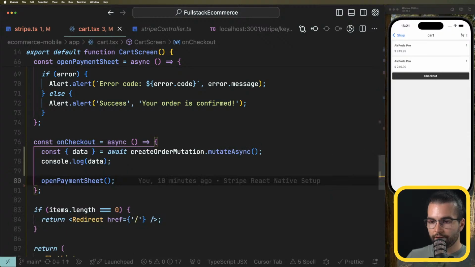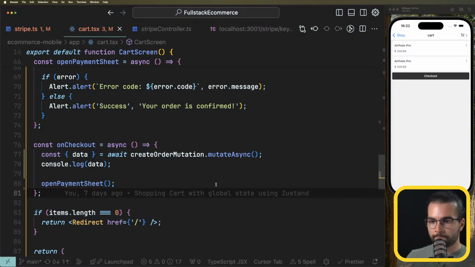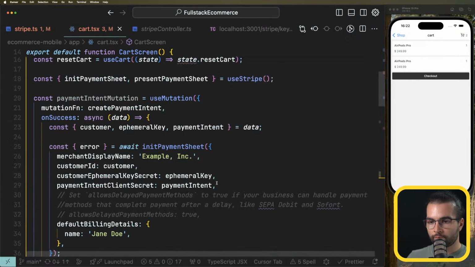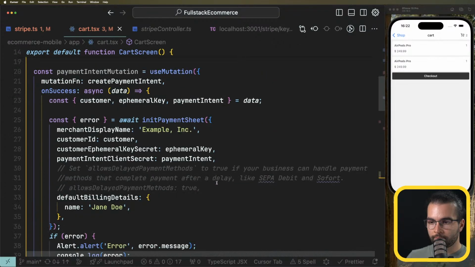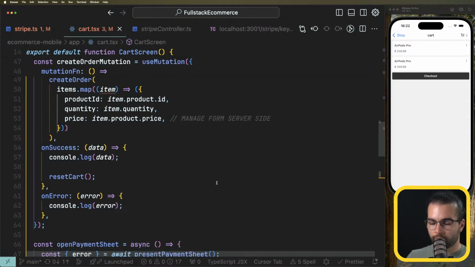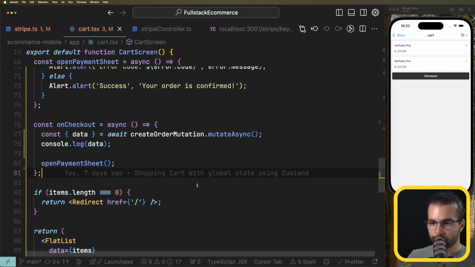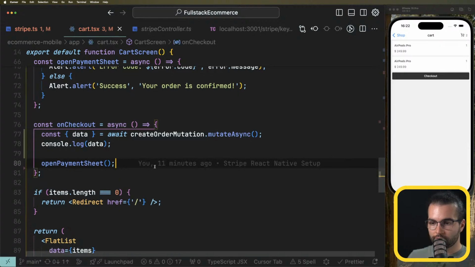If I do that, I think that I'm going to even do,